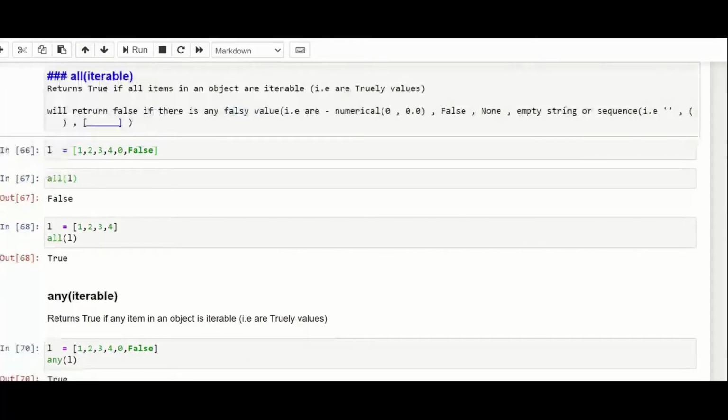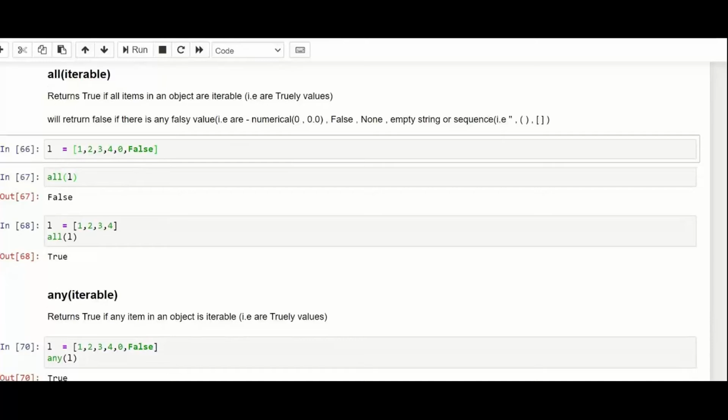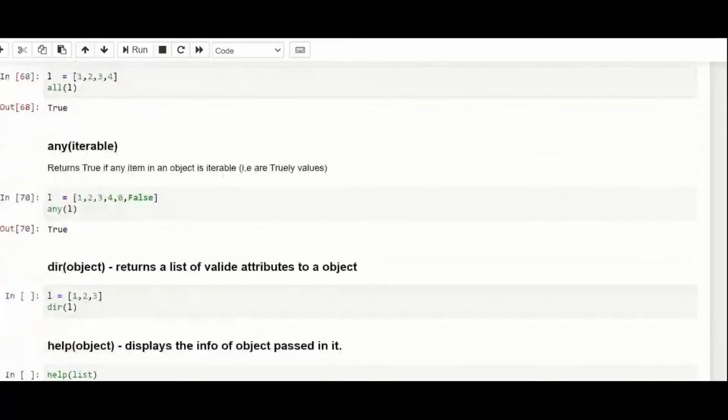These are normally data structures which contain a huge number of values. It can be a dictionary, a list, a tuple, a set. Those all are iterables. Okay, thank you.